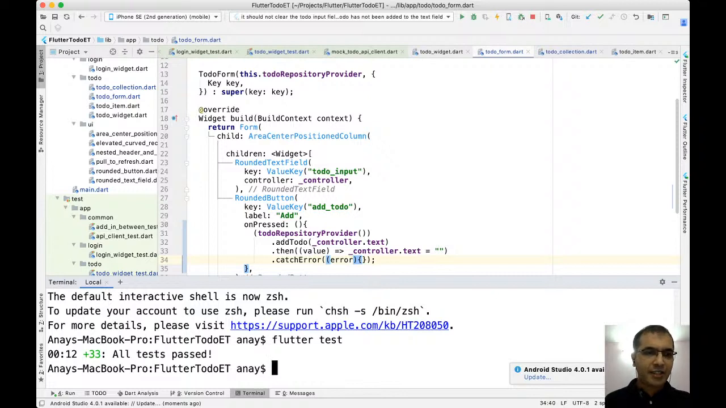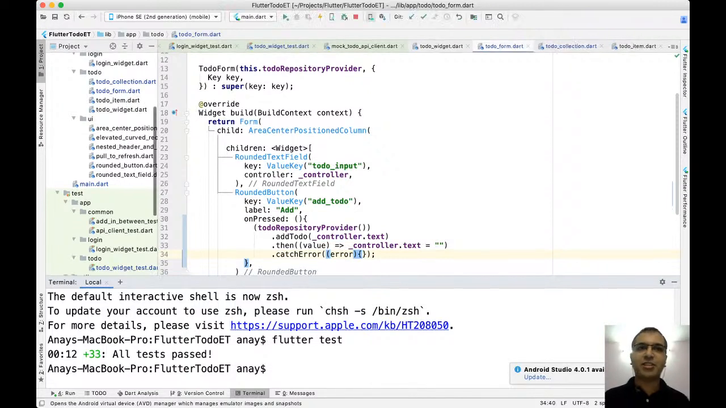Yes, I have 33 tests now, and take a look at how long it took. It just took 12 seconds for Flutter to validate that my application is working completely fine. Why don't we just now start this application and try and see